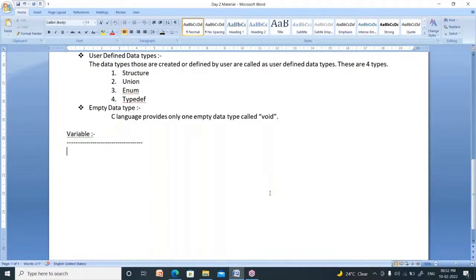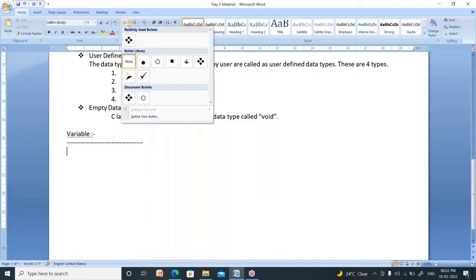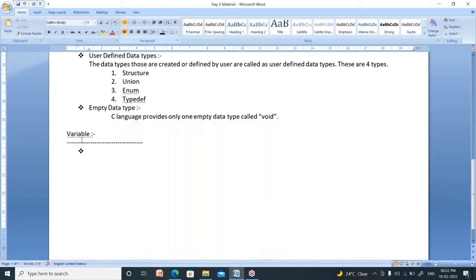In the same manner, to store data, you require one concept that is known as a container. That is nothing but a variable. A variable is nothing but a container, like your pocket. You have a shirt, that shirt has one pocket, no? What is the use of a pocket? To store a pen, to store a mobile, to store papers. So it is nothing but a container. So what is a variable? First of all, you have to say a variable is a container.